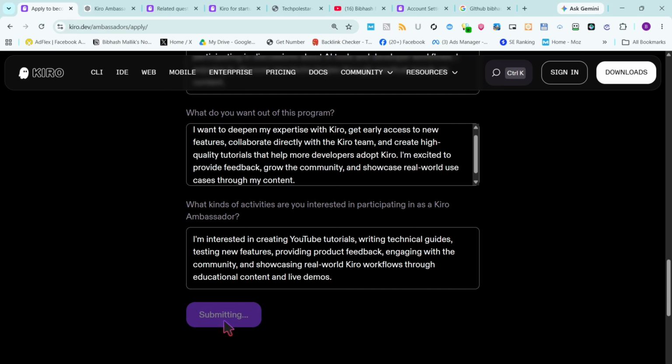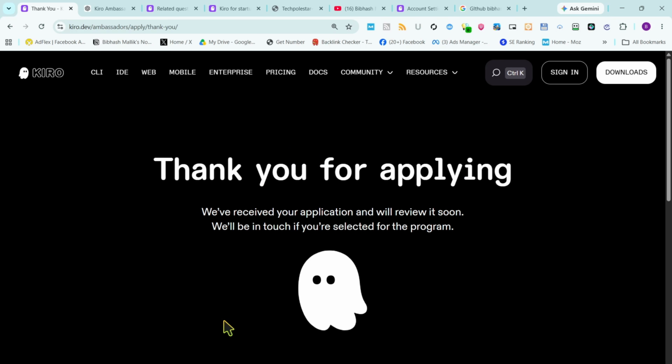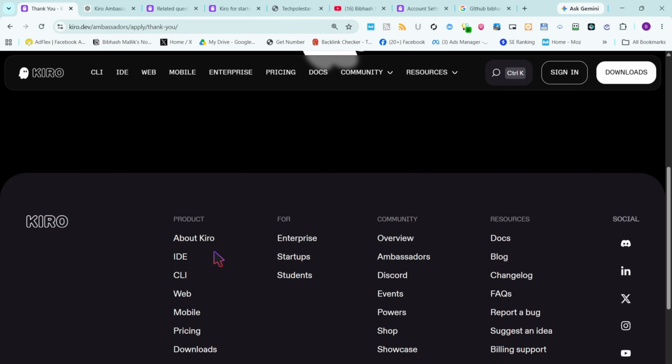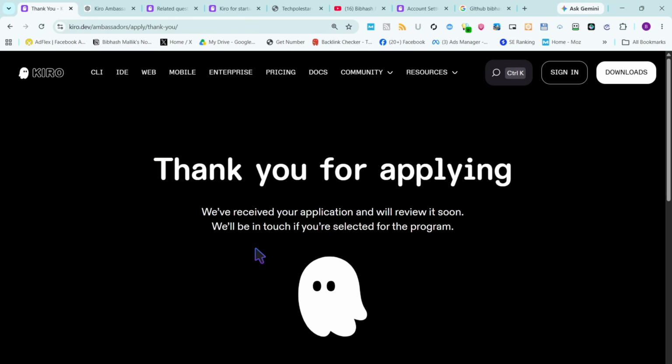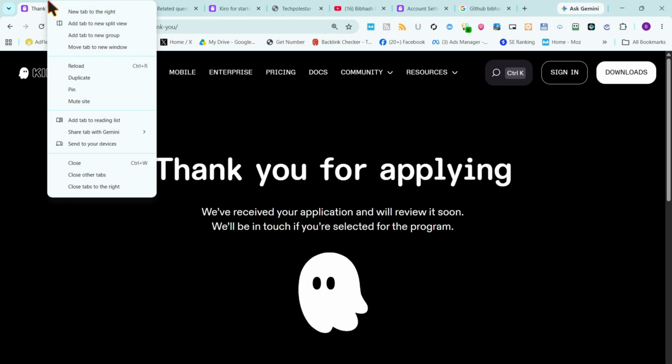Here you can see submitting, and thank you for applying. We have received your application and we'll review it soon. We will be in touch if you are selected for the program. So now we need to wait a few days or maybe a week, and if you have not received anything in almost 2 weeks, then I'll suggest you to just go to